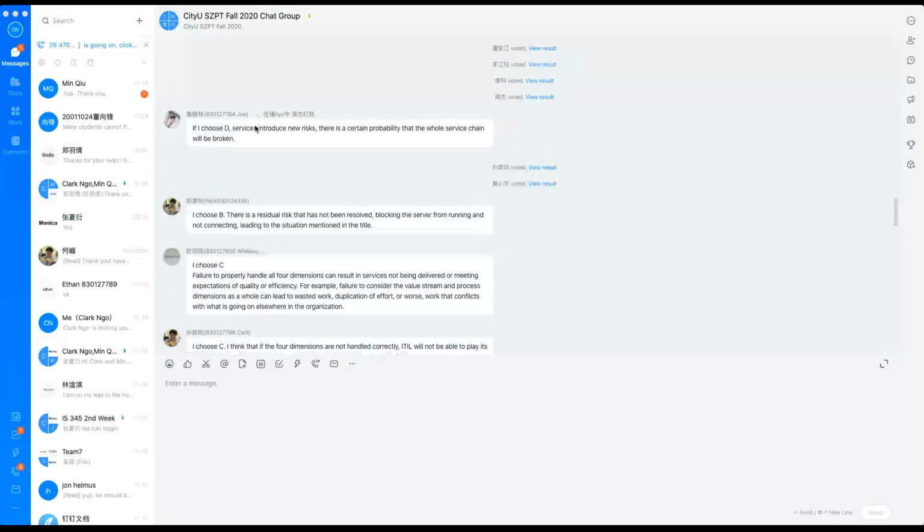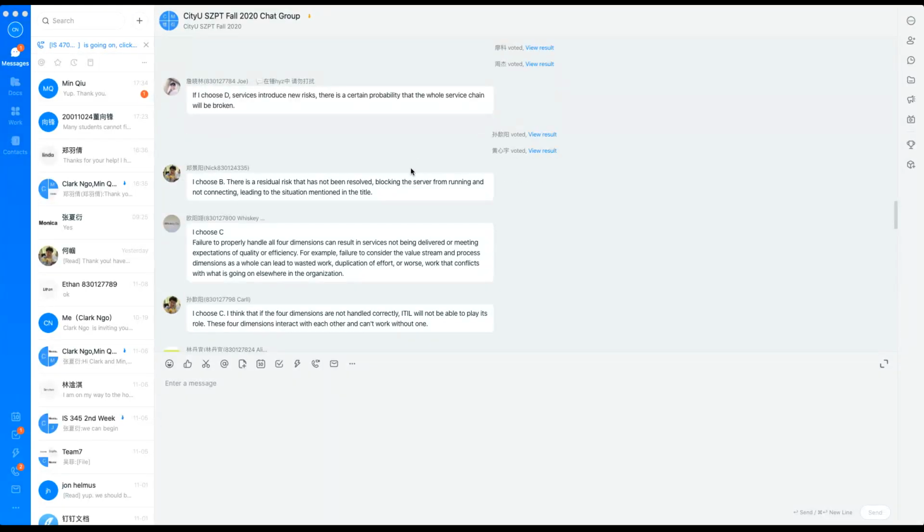Okay, for dimensions. Okay, services introduce new risks. There's a certain probability that the whole service chain will be broken. Okay, possible. There is a residual risk that has not been resolved, blocking the server from running and not connecting, leading to the situation mentioned in the title.